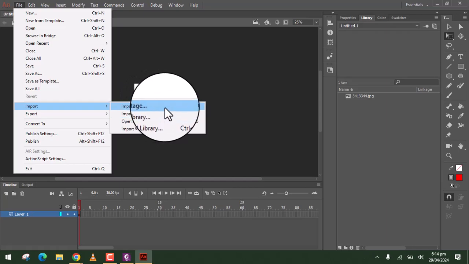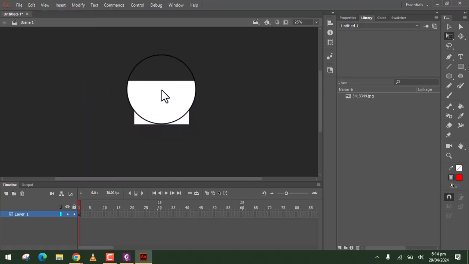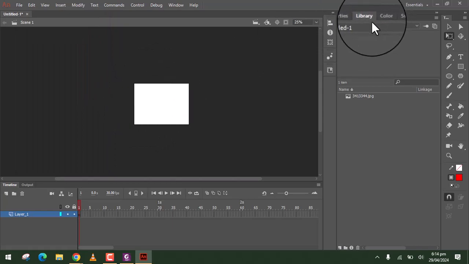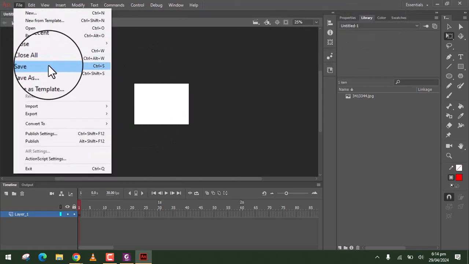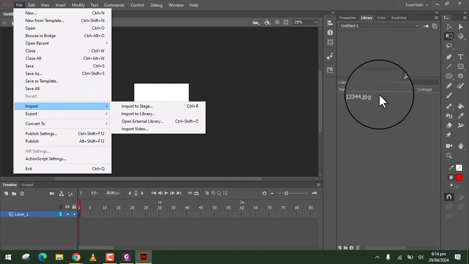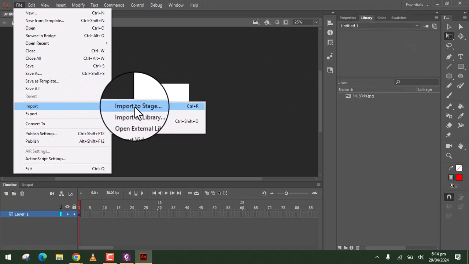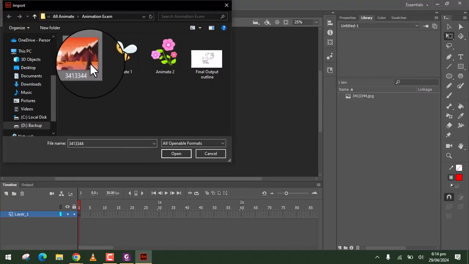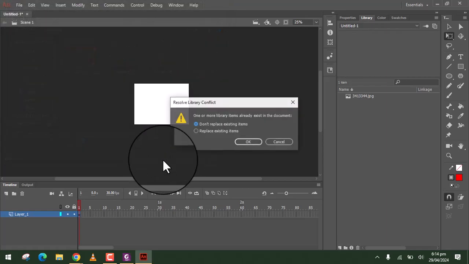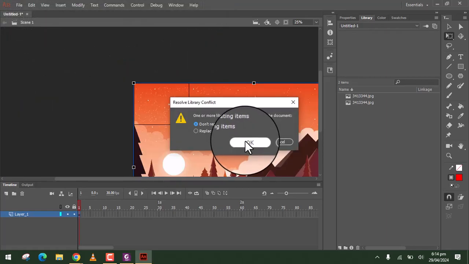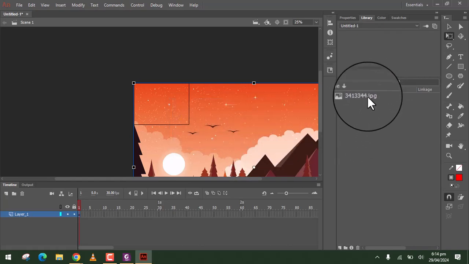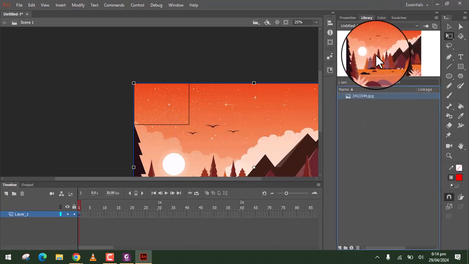So stage meaning we will import our image directly to stage. For the library, once we import, it will go here automatically. So for stage, I have an example of a vector image here. Then click OK, and then it asks to replace the existing item because I have it here in my library.